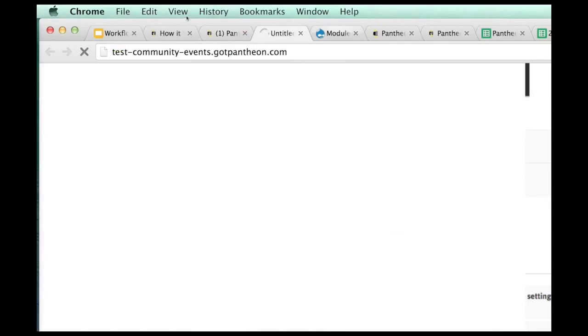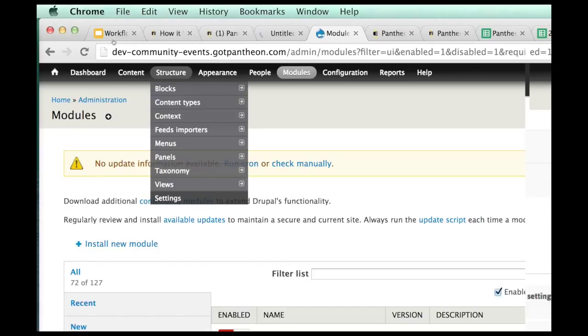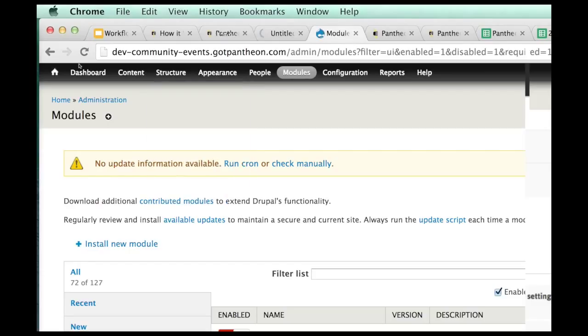Okay, so while we wait for that, let's do a little bit of development here. We're pretty good on time. So, like I said, any new functionality that we want to add to our site, we need to do it in our development environment, and that is true whether we're talking about creating a new taxonomy or